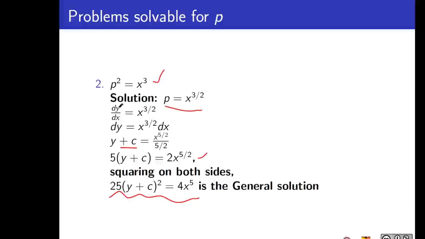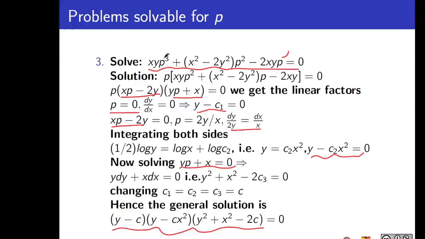You can simply write dy as this, but one thing you have to note is that it should be a plus or minus, because we are taking a square root of this. Whenever you write this, there will be a plus or minus symbol, so that since it's p square you have two roots, right? So you write it as plus or minus, and when you square on both sides, you can forget about this plus or minus and write the final solution. So these two solutions together constitute this final solution.